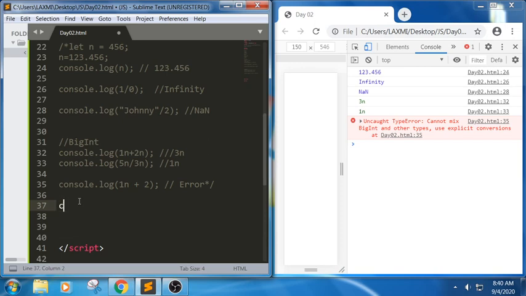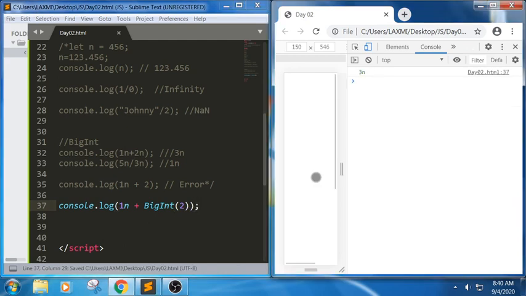Let me write the code here itself so that you can understand. Use explicit type conversions. Whenever you are trying to add, I will use the same value here, 1n plus, and if I convert in this way, then it will perform the operation.